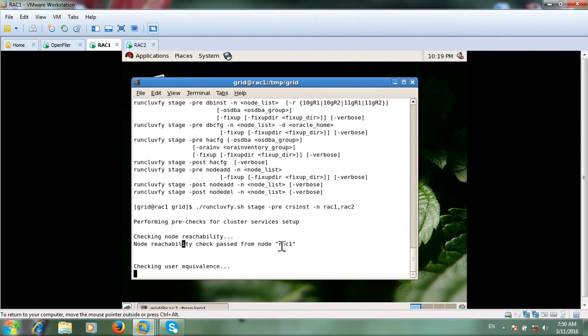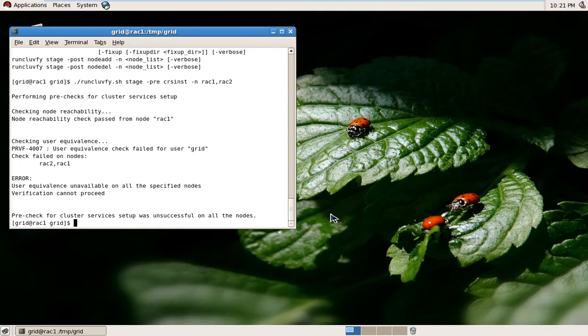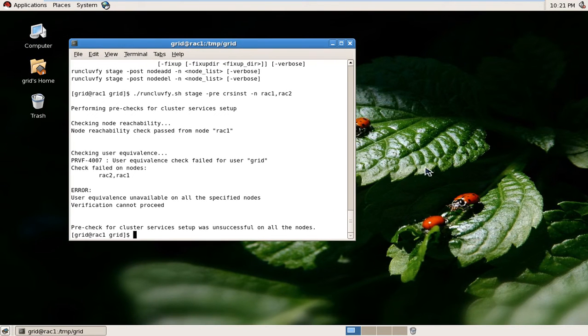Node reachability passed, but it will not succeed in this environment for me. Verification cannot proceed. Cluster service setup was unsuccessful because I do not have many resources. So I can go ahead with direct installation of CRS,